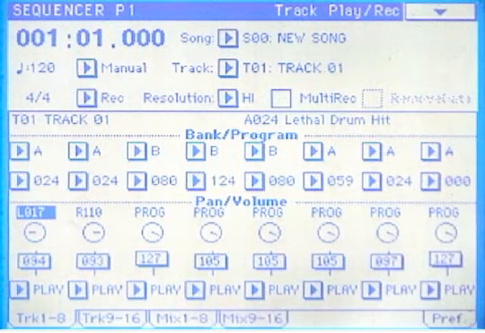Next down you have a pan control, and all of these can be changed in real time, by the way. If you're recording with track 1 and you're adjusting this pan as you record, these real-time settings will be recorded along with the track, which is a really handy feature. It allows you to do some automated mixing